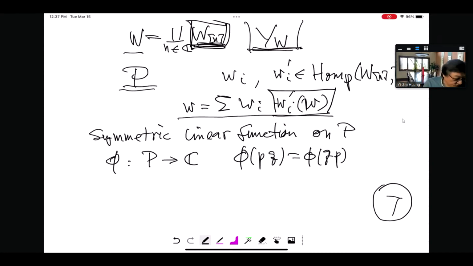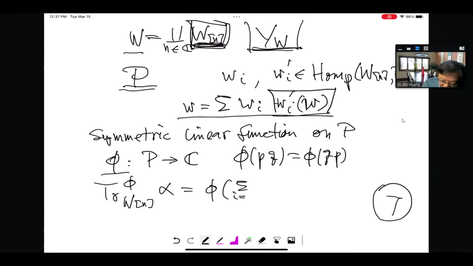pseudo trace. So the pseudo trace depends on the choice of such a symmetric linear function, over, say, for example, Wn, because I use this finite dimensional space. If you have an operator, any operator alpha on this finite dimensional subspace, then this pseudo trace is defined to be phi